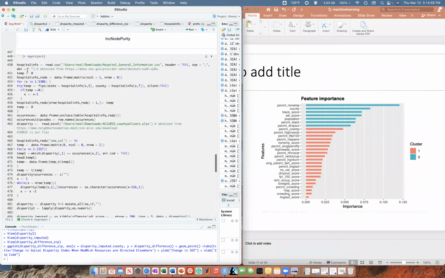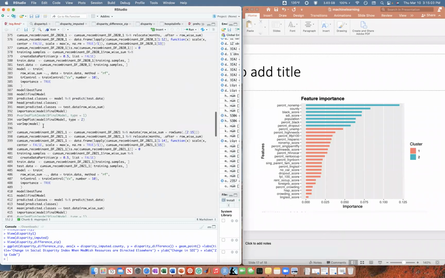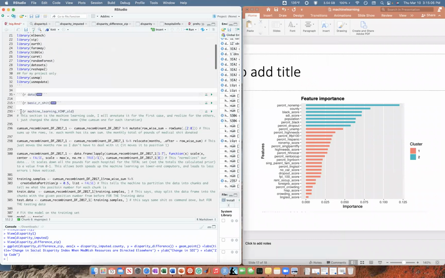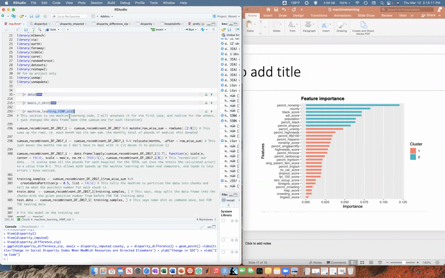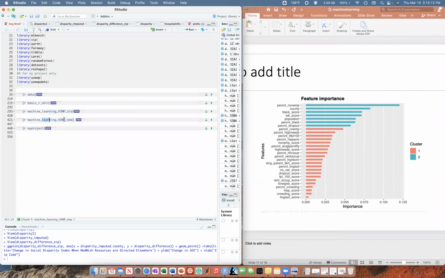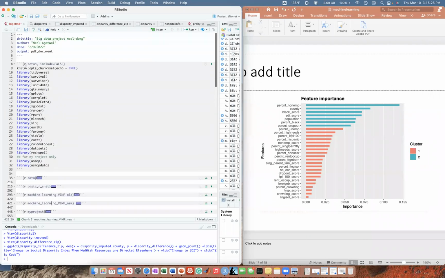So just to clarify, this that says R my project, feel free to just delete it if you guys don't want it. This stuff up here, that's called Vimp old, Vimp new, feel free to keep it if you want this as reference code for your project. Or if you just want it later down the road, if you think my code's really cool and you want to save it if you get more interested in this. Basic R stuff, that's like my housekeeping, making basic ggplots, showing you the extent the language can do. And this stuff up here is just some code that you might need. So if you want to run my project, I would suggest installing these two packages.